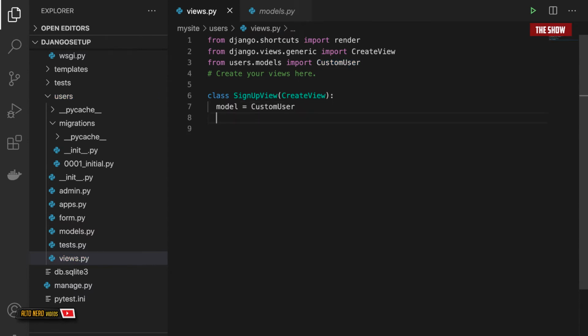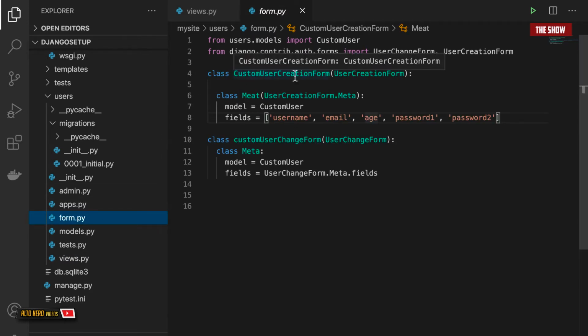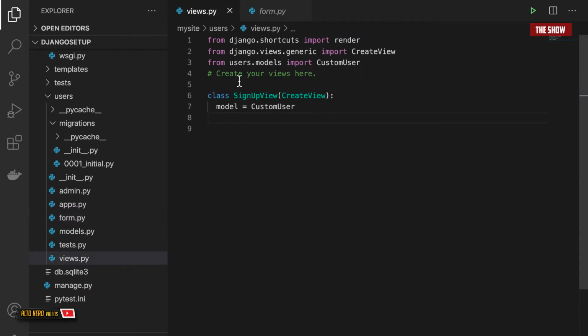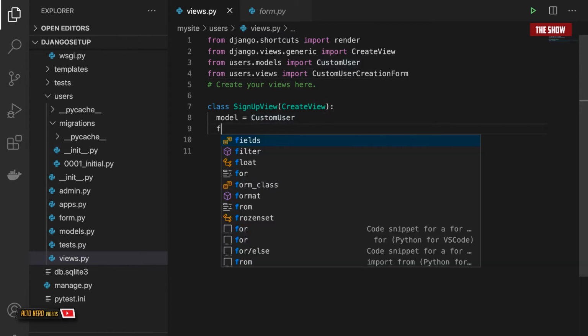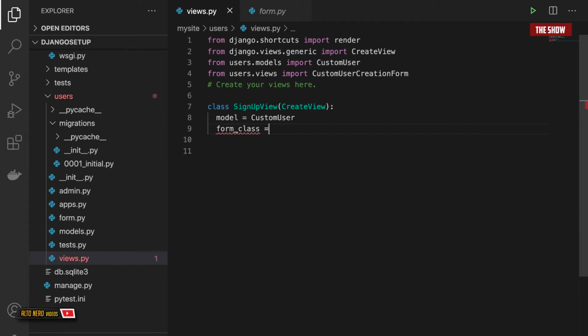Now, I need to give it a form class because the sign up page will be a form that the user has to fill in. If you remember, in the last video, we made a user creation form. So I'll have to import this user creation form into my view page. So I'll say that from users.views import user creation form like so. Then I can say that my form class will be the user creation form,